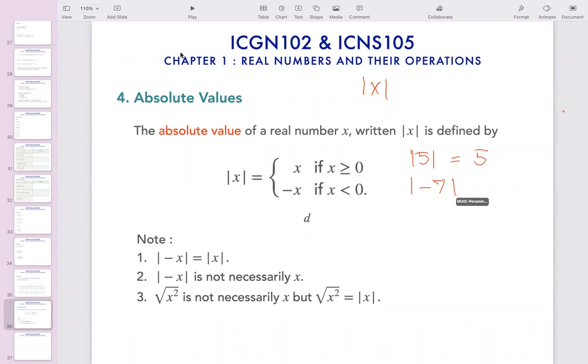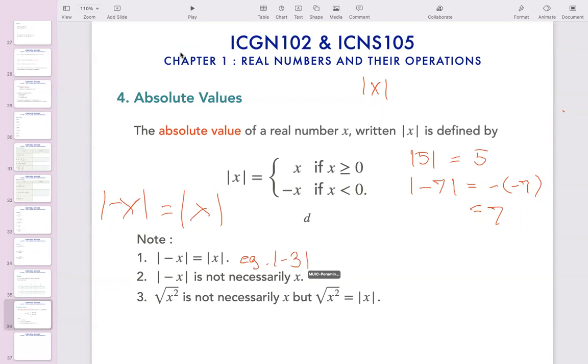But if x is negative, for example if x is negative 7, absolute x is minus x. This one is minus x if x is less than 0. So this is the basic definition of the absolute value. That means when you find absolute of negative x, it equals absolute x, for example